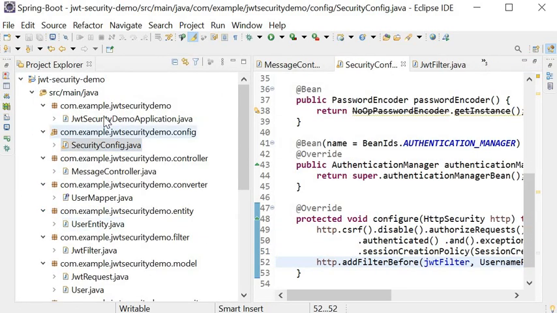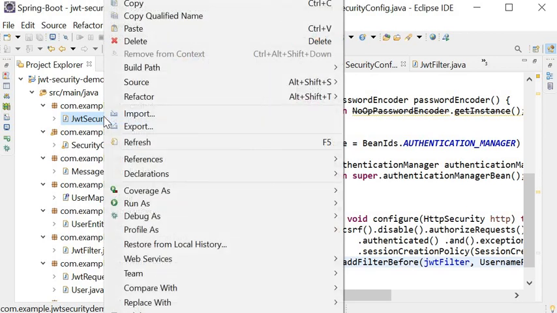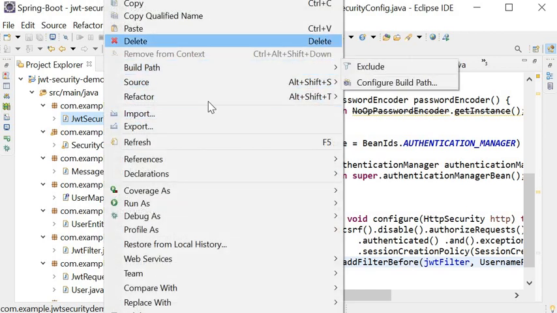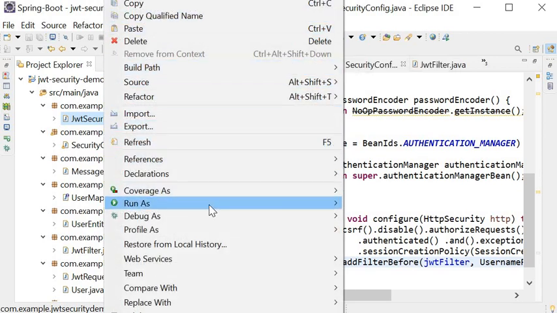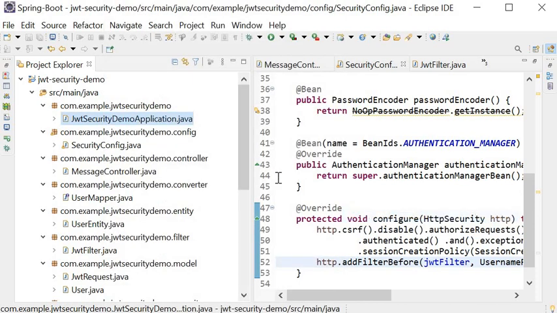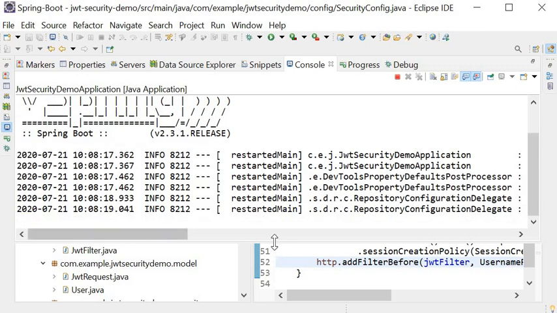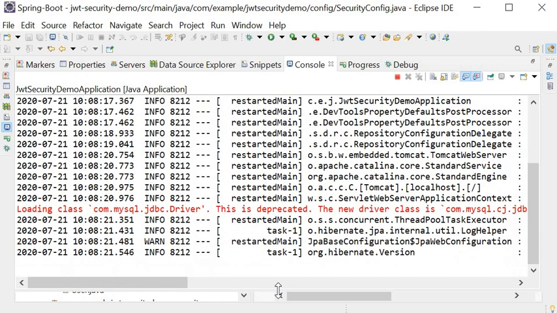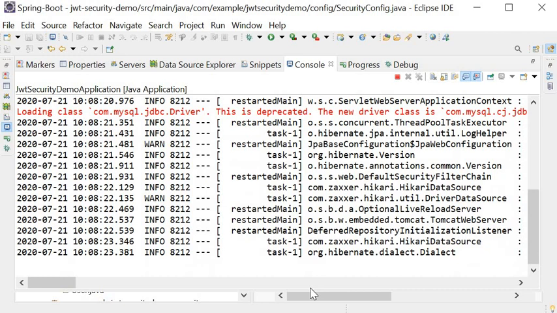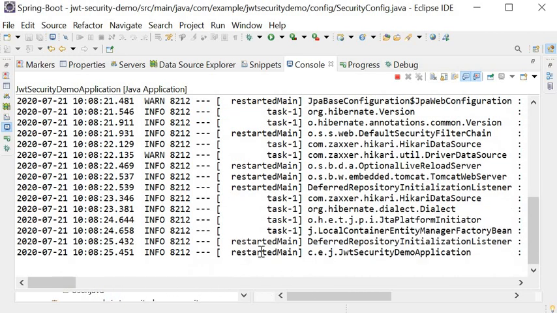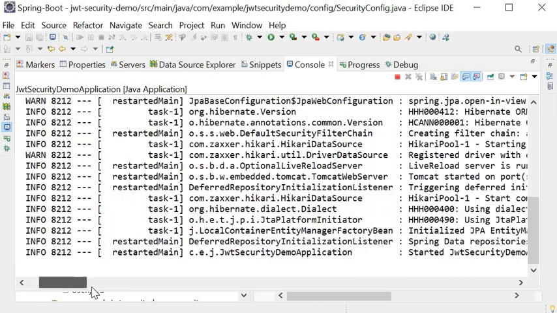Now I will run this application again and verify whether our token is working fine or not. I will run it as a Java application. Now my application has started at port number 8080.